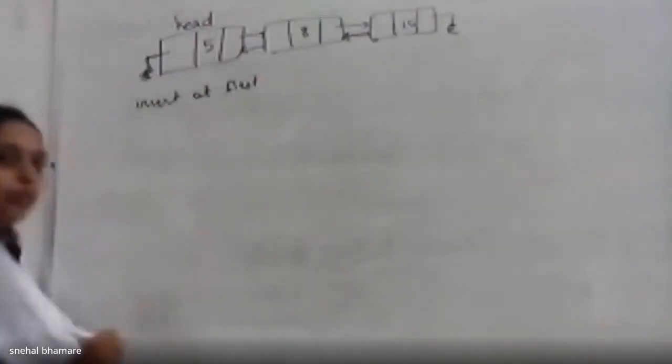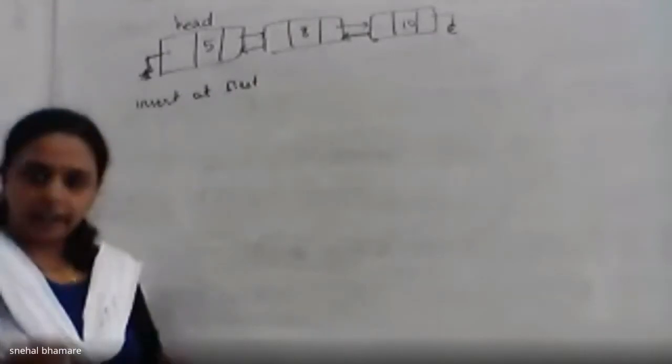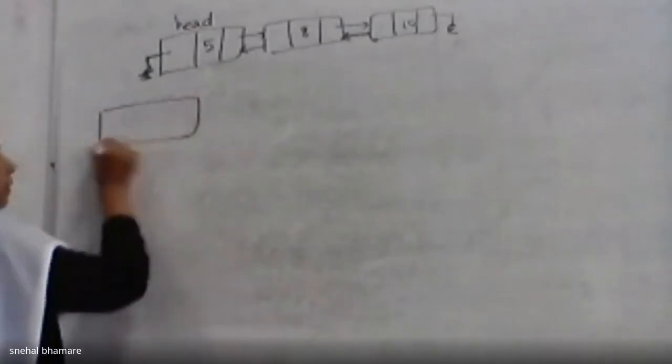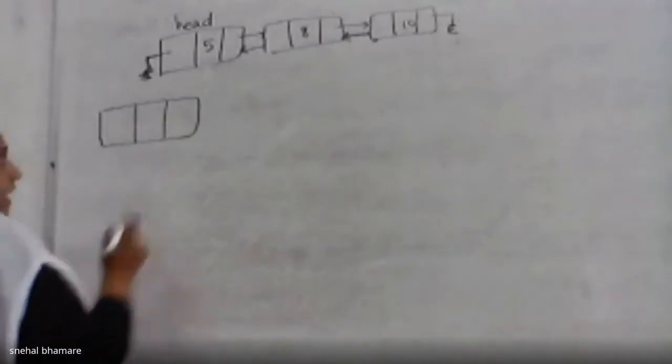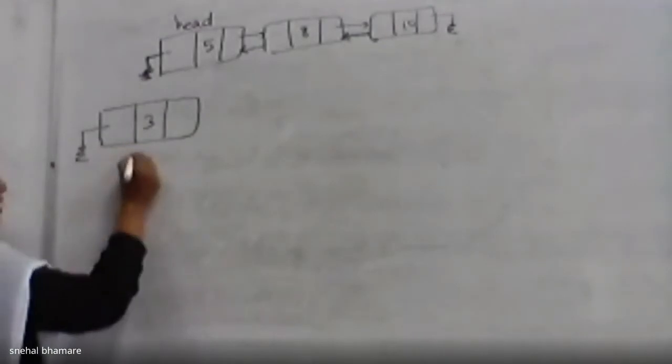Okay, that means the new node which will be inserted, it will become a head node, right? So, same as singly linked list, how it is going to be done? Create a temporary node, in the data part, copy the data. Let's say our original linked list is this, and we have to add a node at its first location. So, let its data part be 3. In the data part, copy that data part. Okay. Make its previous as null. Let this node be referred to as a temp node.